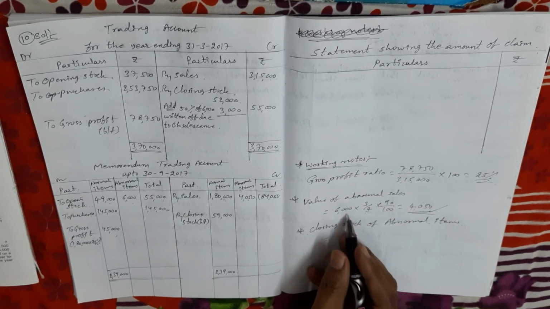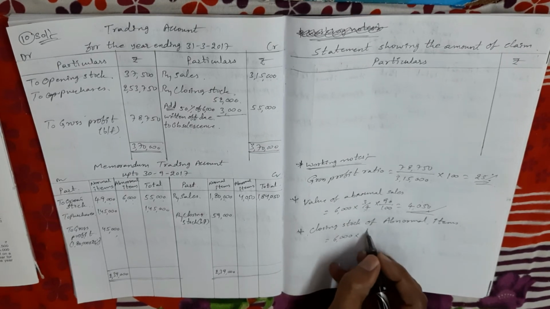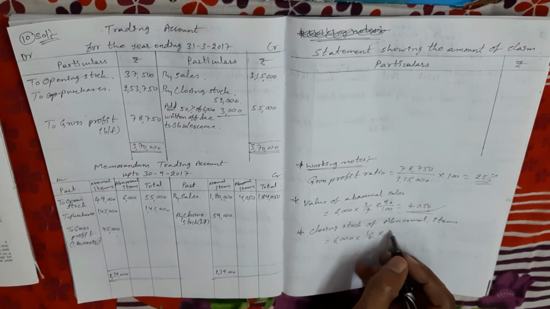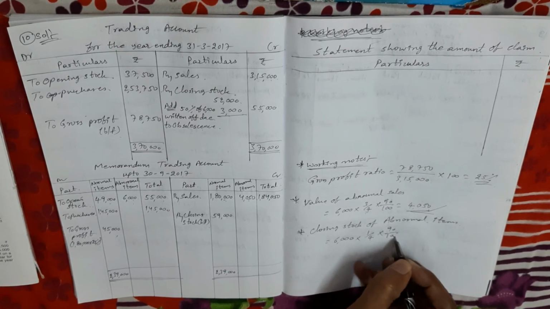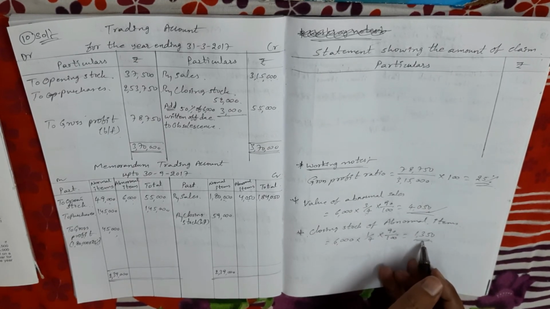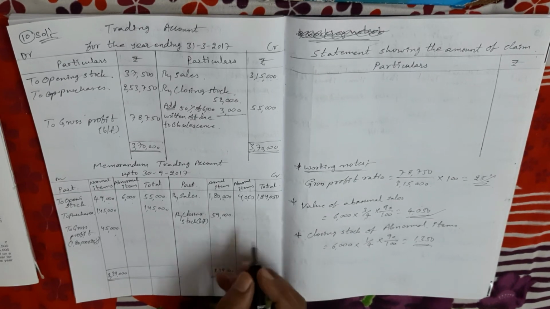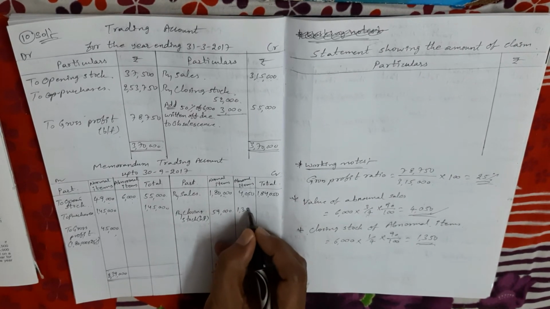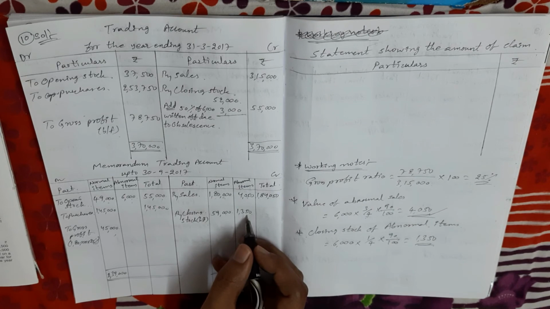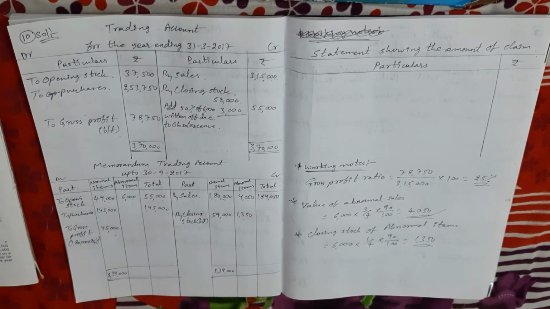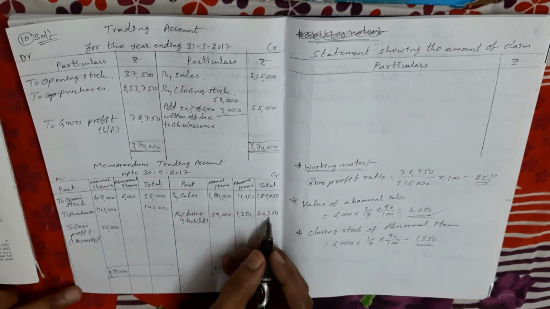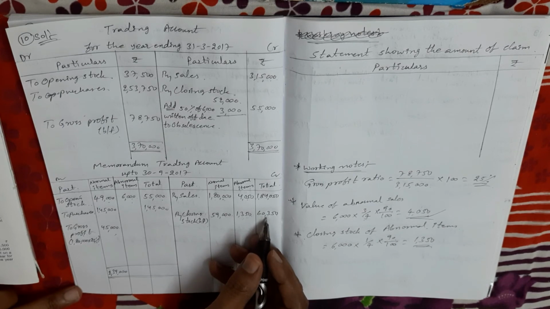So how to get that amount? See, in 6,000, 3/4 sold means 1/4 unsold. That amount is also realized at 90% of the cost. So 90%, that means 1350 rupees. 1350 rupees is the closing stock amount of abnormal items. So I am taking 1350 rupees in the abnormal items column. So what is the current year closing stock, including abnormal items? Yes, 60,350 rupees. Okay, 60,350 rupees is the total closing stock, the estimated value of stock.